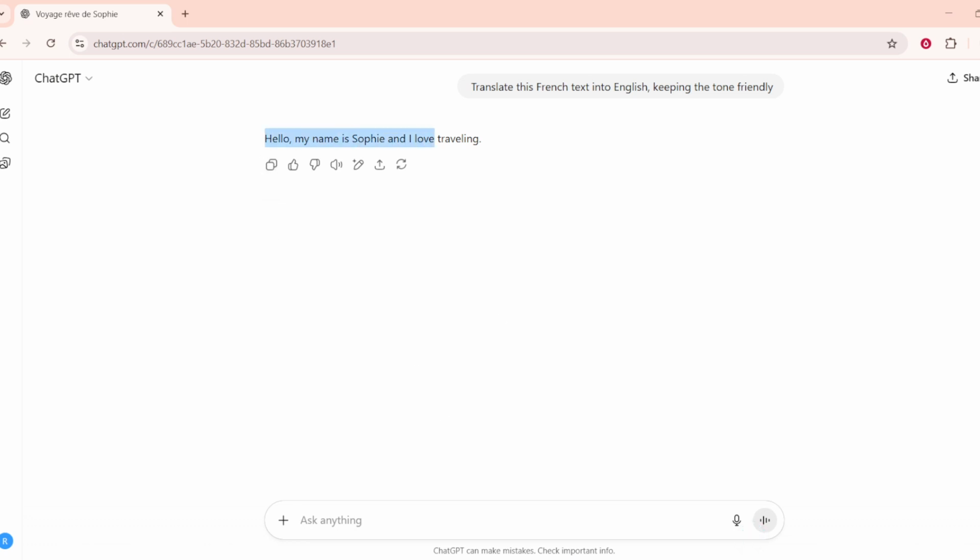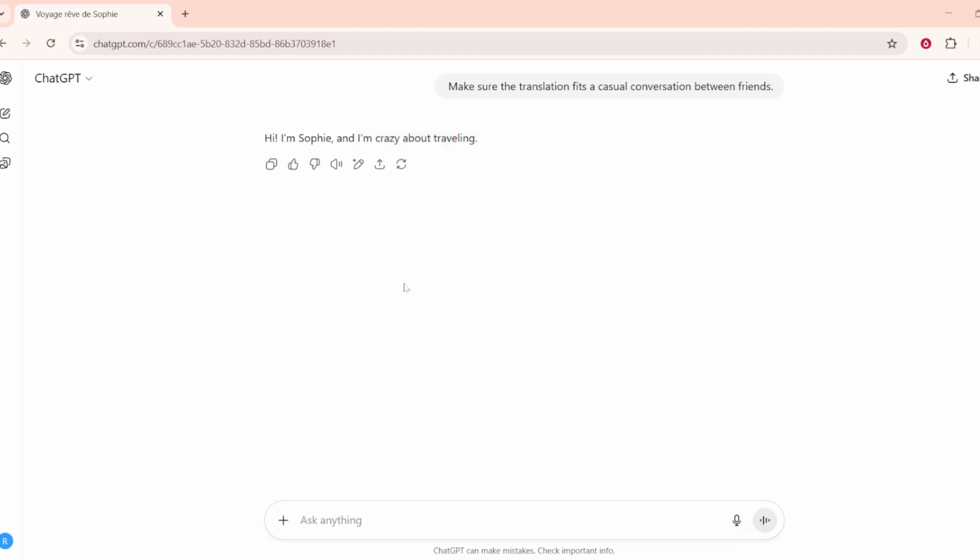as much as possible. Furthermore, ask for accuracy and context. You might say, "Make sure the translation fits a casual conversation between friends." This ensures ChatGPT translates the text with the appropriate tone and setting in mind, especially when subtle emotional or cultural